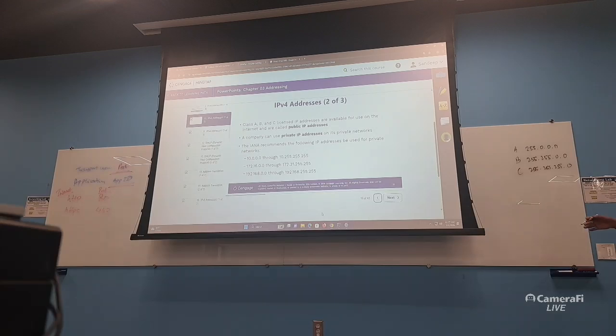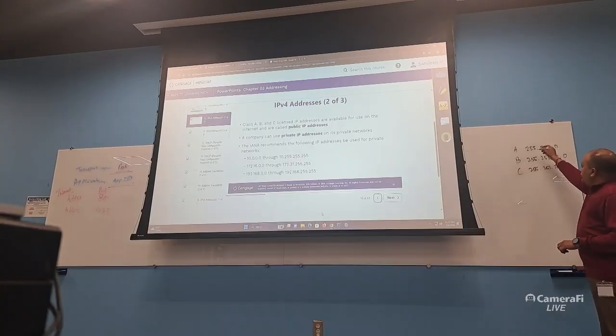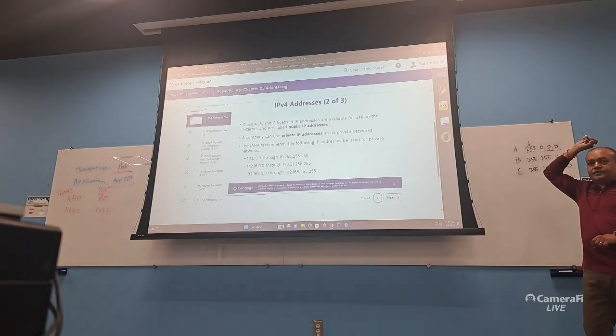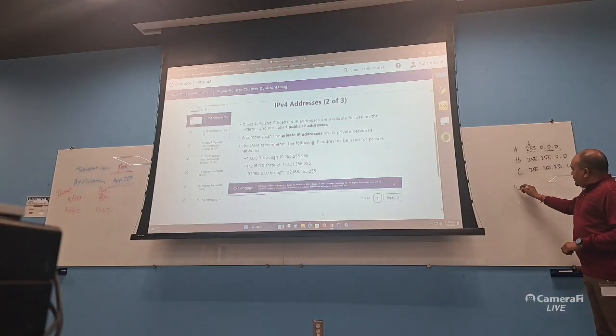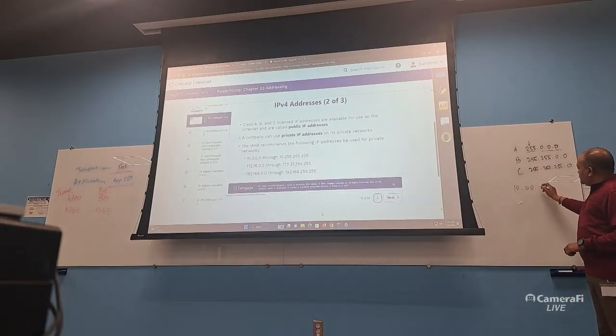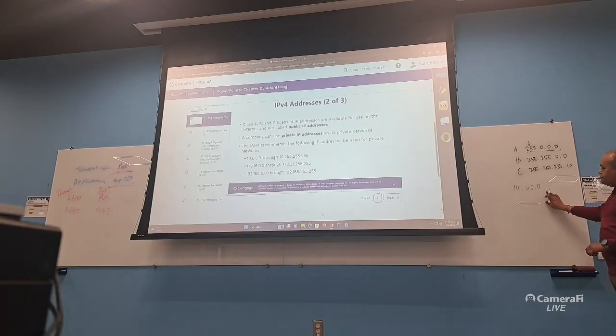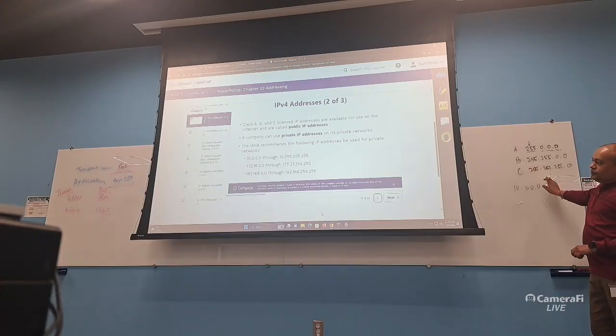It will help you. So this entire course is very important, which is going to create a base for both the majors. Here, if you notice, it is 0, 0, 0. What does it indicate? It indicates that I can use these many computers in this network. So if I say my network is this 10, 0, 0, so this is one network. 10, 0, 0, 0 is one network, and the range is all the way from 10 to